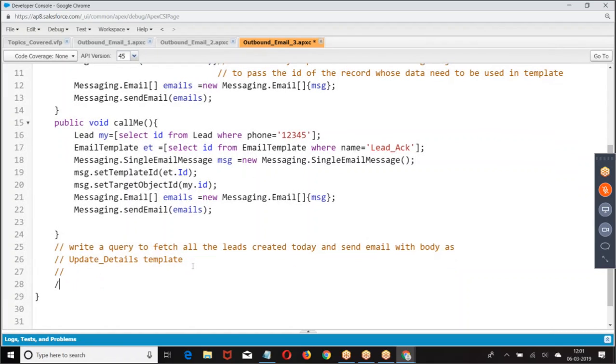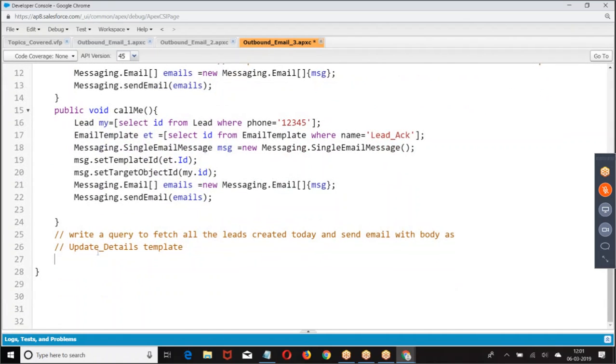Now, above, I have created a particular lead. Here it is only a single lead. Here I want to take a group of leads. In the SQL queries, while writing,